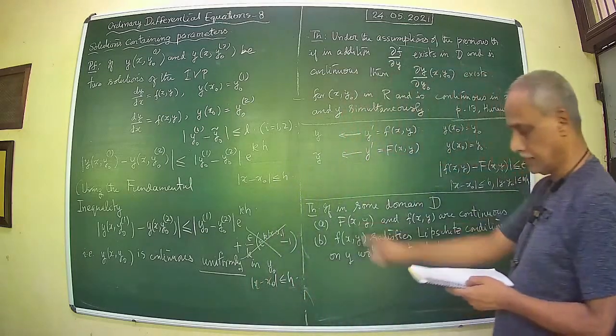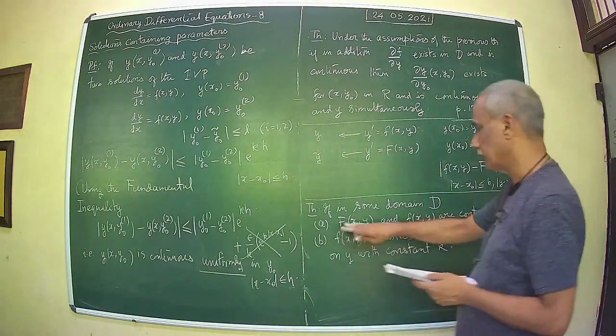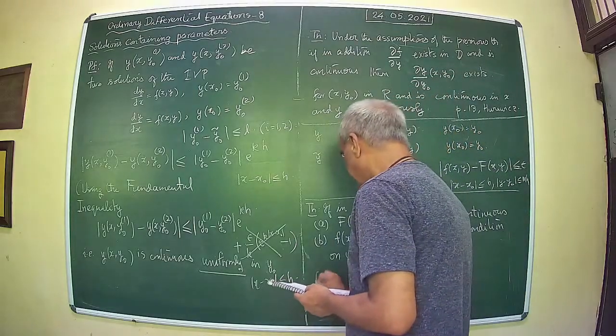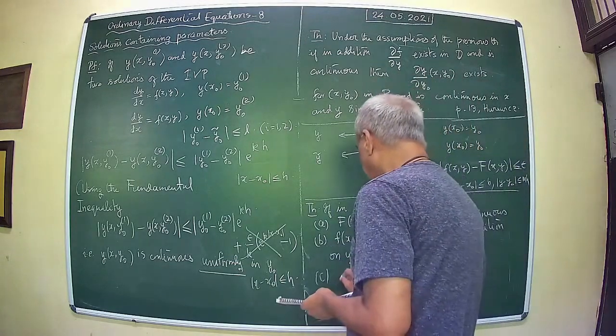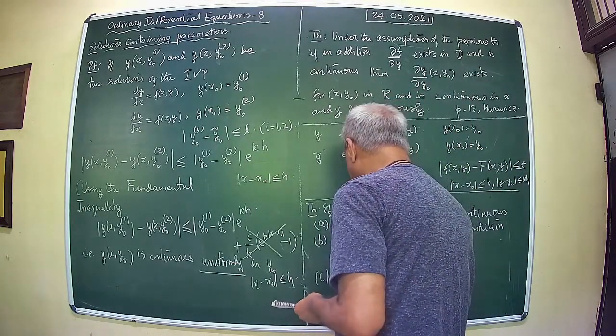We are not assuming the same condition on capital F. We are assuming small f to be Lipschitz with respect to y, and then f of x, y